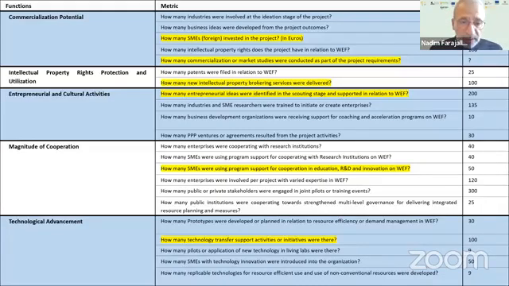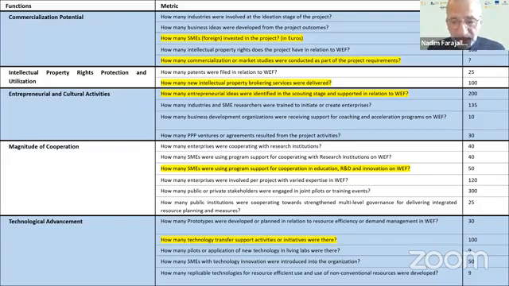Then we move on to the public or private stakeholders. How engaged were they in pilot projects or training events? And how many public institutions cooperated to strengthen the multi-level governance for delivering these integrated measures that we're looking at? And the last component that we look at is the technological advancement that the projects would provide. And we're looking at how many prototypes were developed or planned in relation to resource efficiency or demand management in the WEF,